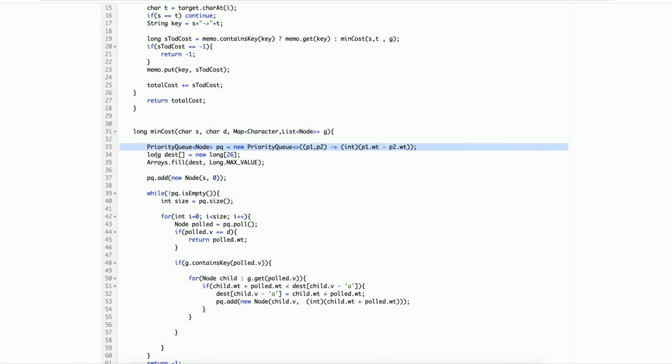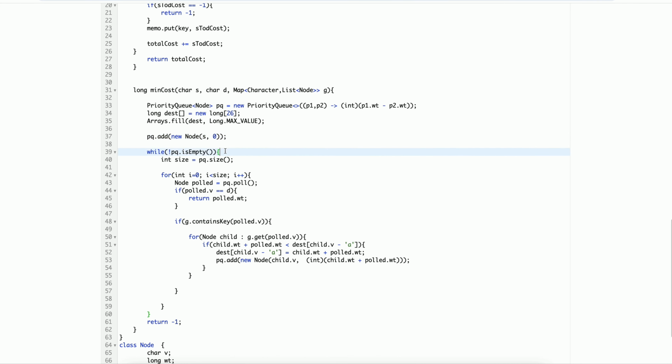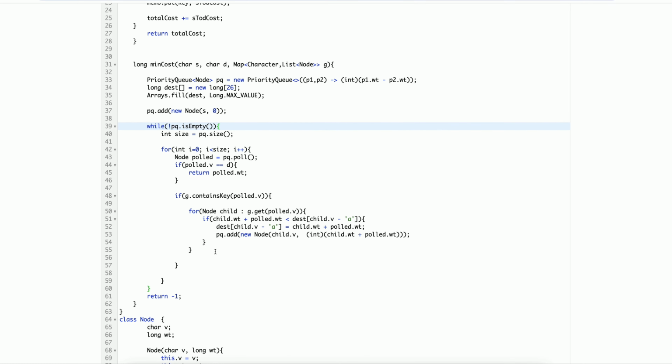After that I have taken one distance array which will be initialized with the maximum value initially. Then I am adding the source node with 0 cost in the beginning. This is the simple BFS traversal for a node, where I am just using a priority queue instead of a queue, because this is a weighted graph.